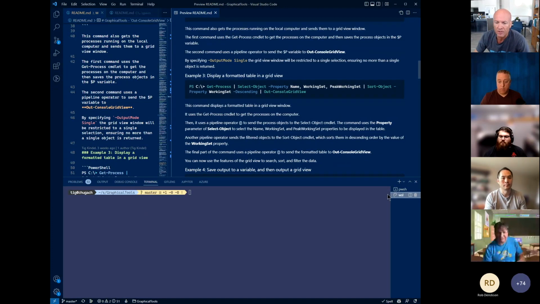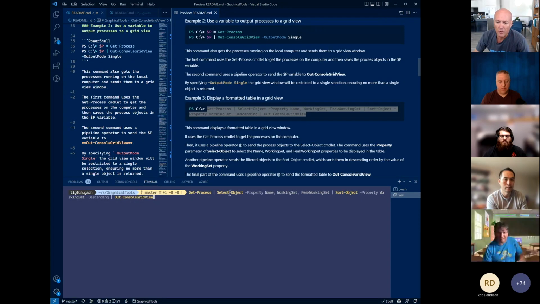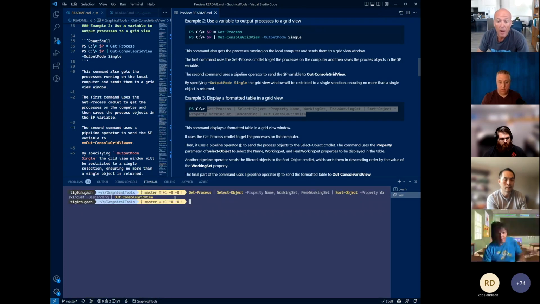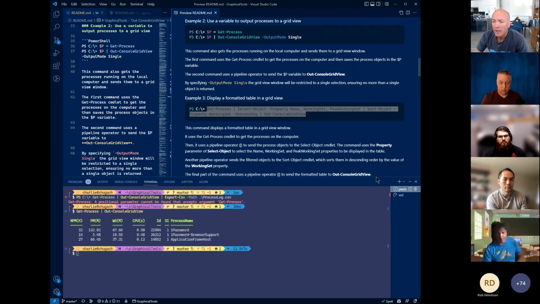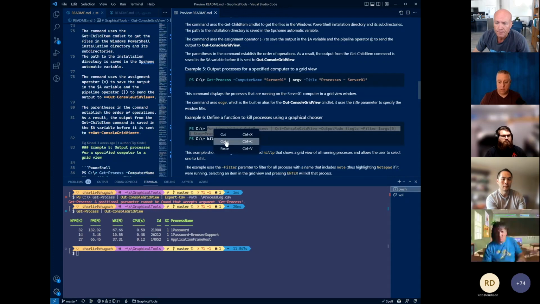So I'll do the next demo. This is in WSL. Here we are in a Debian Linux, and I'll do this one where we're going to Get-Process. We're going to specify which objects we want and sort it, and then pipe it into Out-GridView. And so here's those processes. I use a variant of this. And I actually have this in my PowerShell profile as killp. And so defining that function.